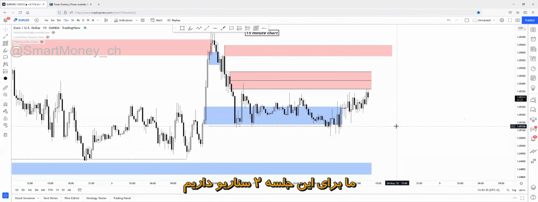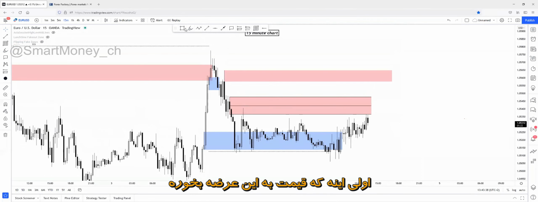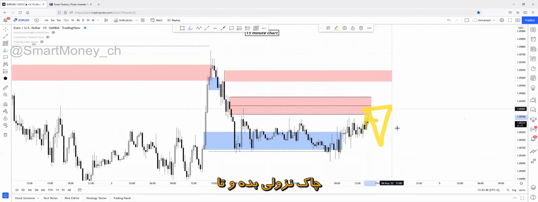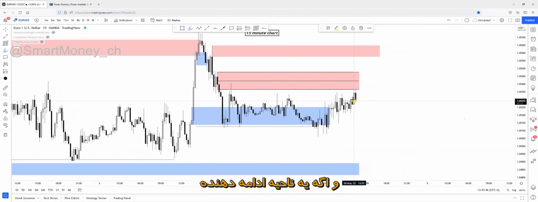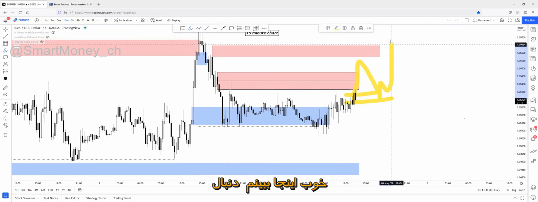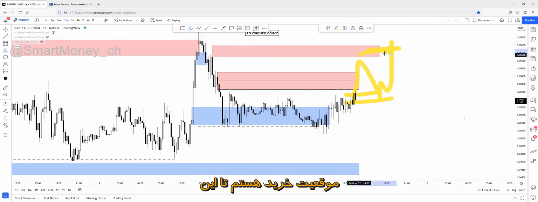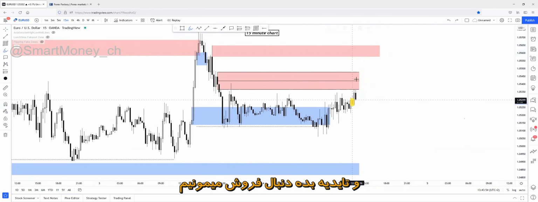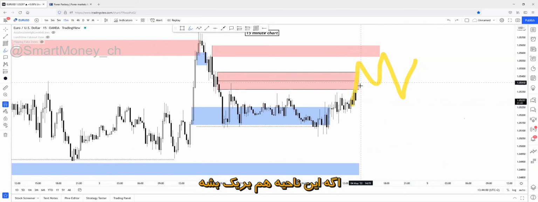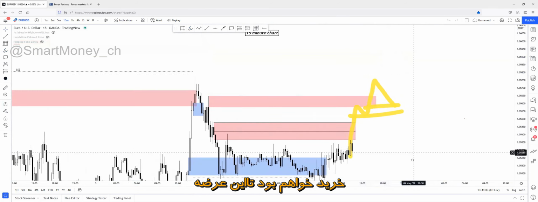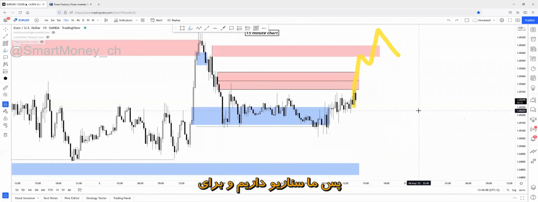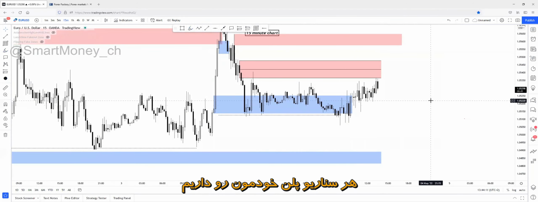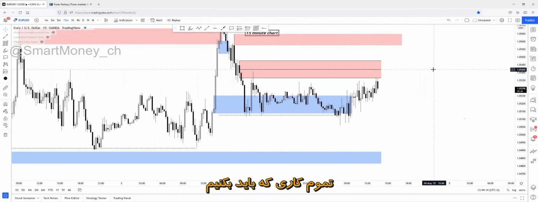And we have two narratives for this session. The first one: if price touches the supply and creates a change of character, confirmation to the downside, we look for shorts down to this demand zone. Second, if price breaks above this supply zone, and for example, if there is a good confirmation right here, then I will look for long opportunities up to this supply. If the top of this supply happens and confirmation happens, we look for shorts down to this demand and liquidity sweep. If the break of this supply happens, then we look for a long opportunity up to this supply, a liquidity sweep here. So we have a plan for every single possible scenario for this session. All we have to do is follow these actions.